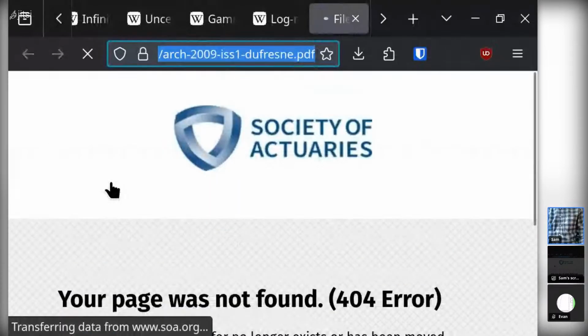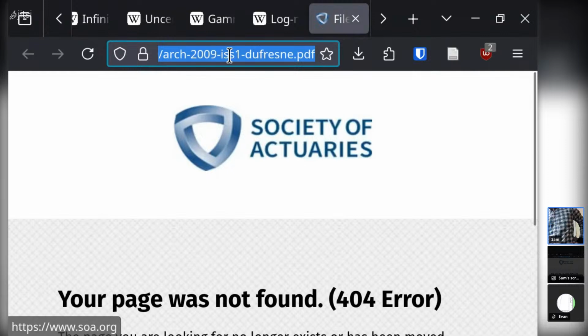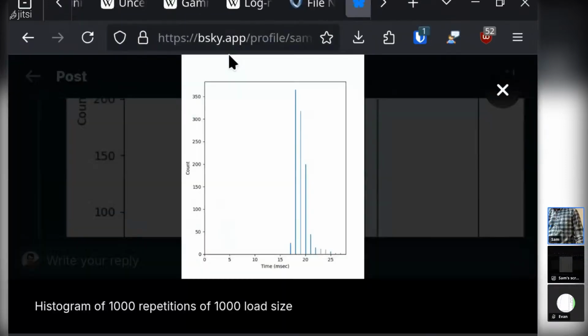And then, oh yeah, can you imagine if that was supposed to be about p-values, I